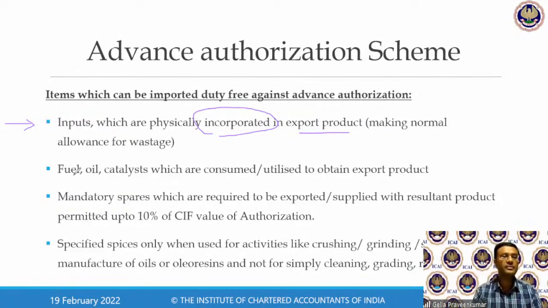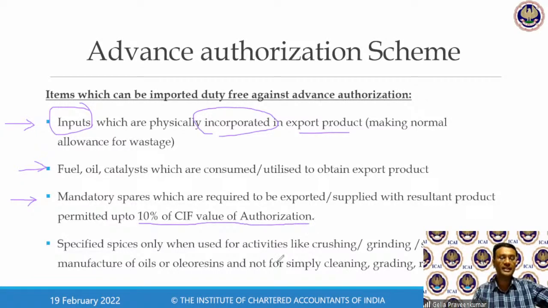Moving further, what else can I import? I can import inputs, okay? I can also import something called fuel, oil, catalyst, which are consumed or utilized in my export product. When I say fuel, for example, you have petroleum products. I can import those petroleum products without payment of any excise duty or relevant customs duty. Then mandatory spares, which are required to be exported or supplied with the resultant product, are permitted up to 10% of